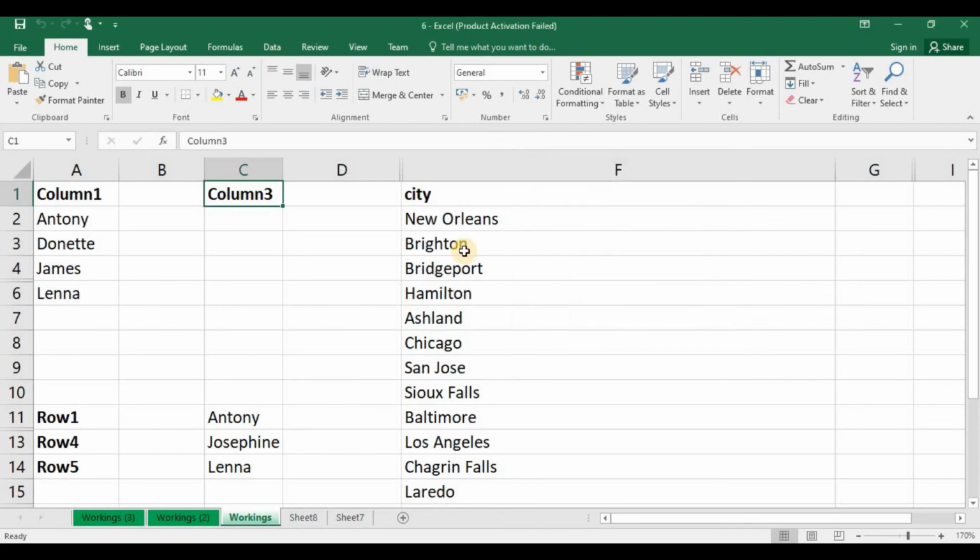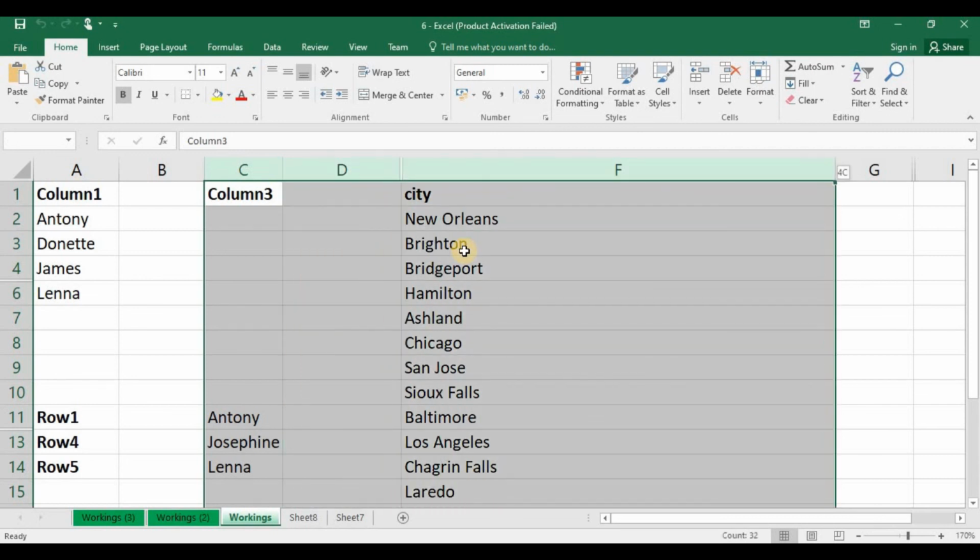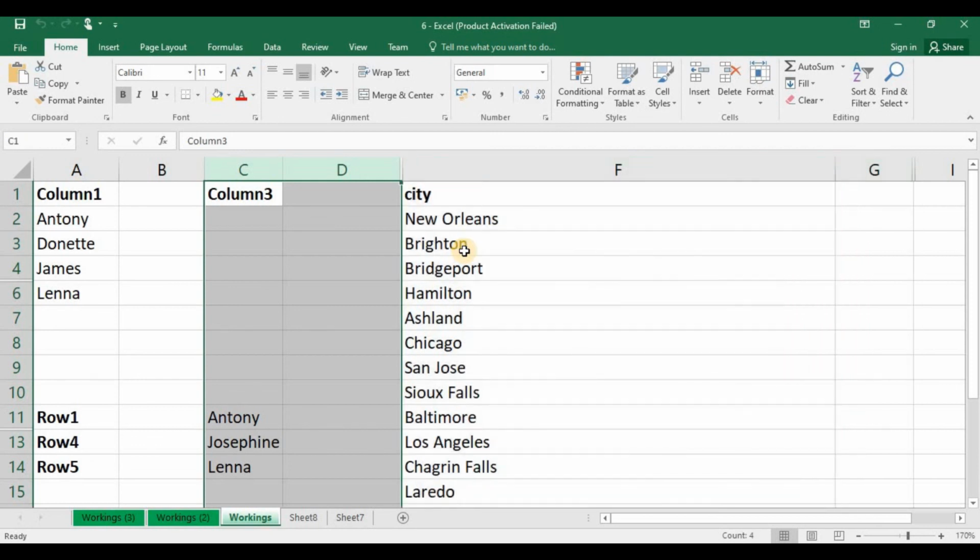Now we will see how to select rows or cells using keyboard. First, select entire column using Ctrl plus spacebar. Once you select the entire column, you can expand the selection to multiple columns. For that, you should use Shift and arrow keys. Once the column is selected, keep pressing the Shift button, then click right side arrow. See, you can expand the selection like this. If you want to deselect, press the left side arrow. You should keep the Shift button pressed, else it won't work.